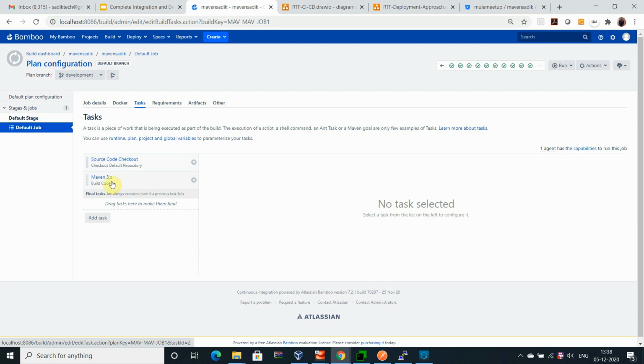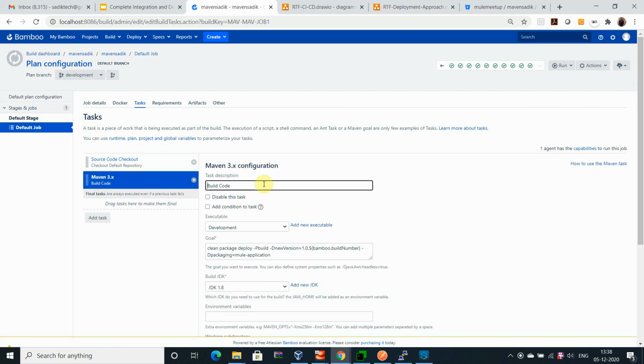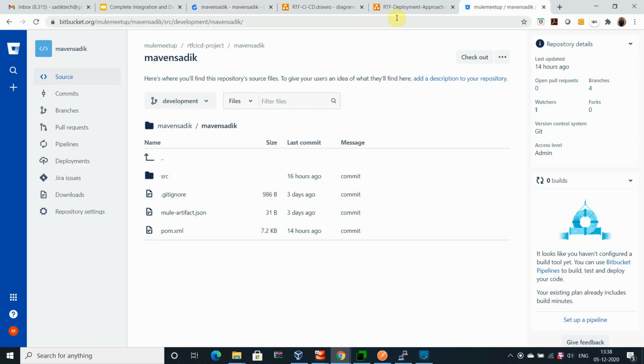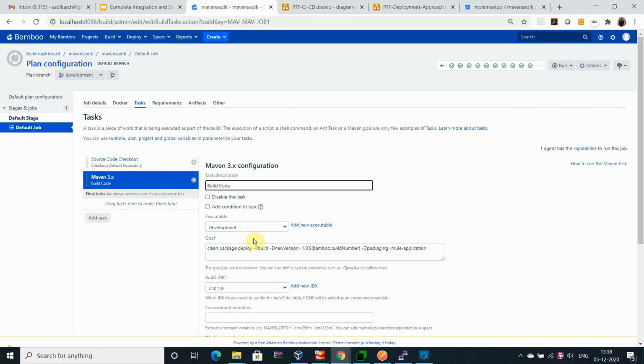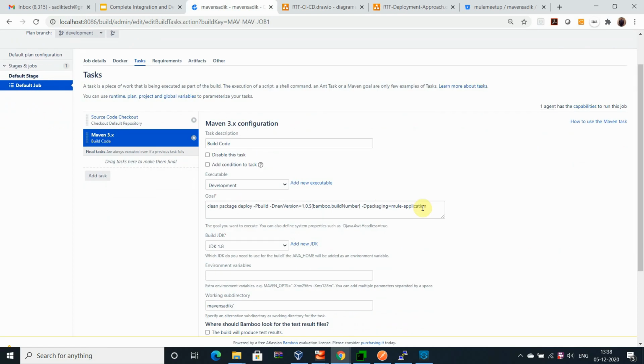It will check out the code, build the process, and publish to the exchange. As you know, before deploying to RTF, we need to publish the application into the exchange. That's the one thing we have to perform, these steps. Once it is done.